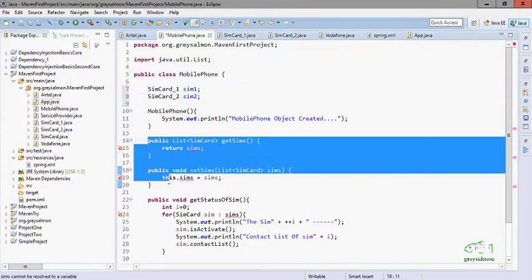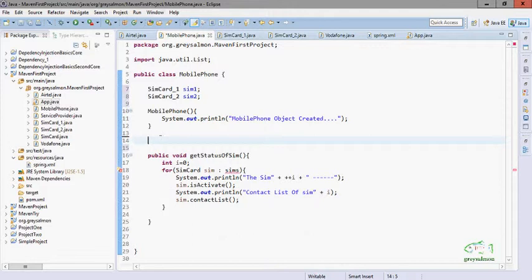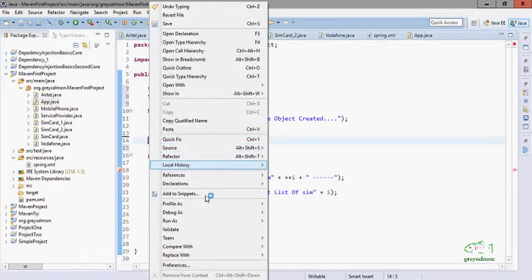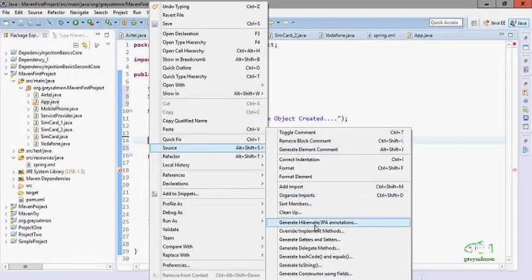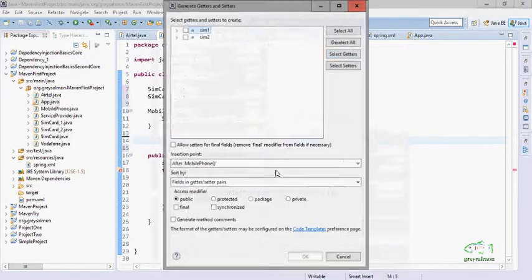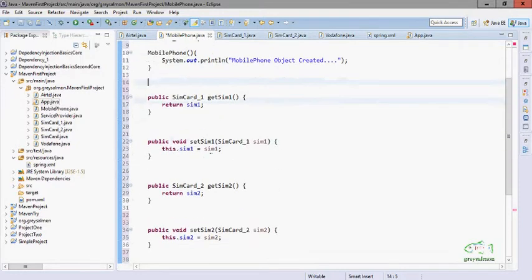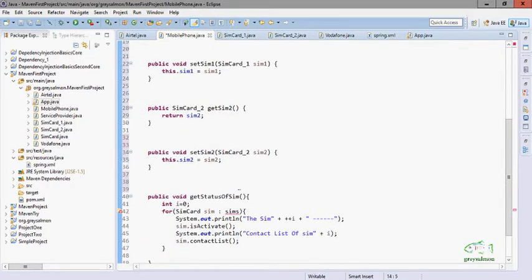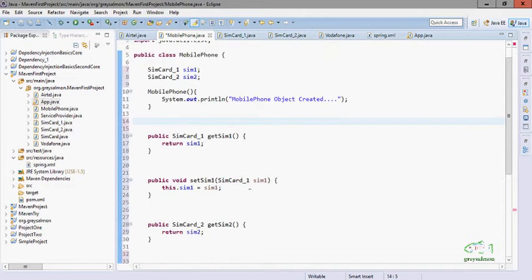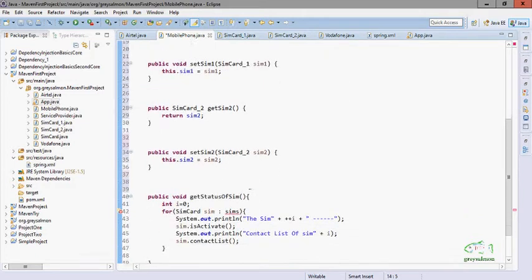Now we will create the getters and setters for these two properties, sim1 and sim2. The getters and setters are generated, and we also have to alter the method getStatusOfSim.